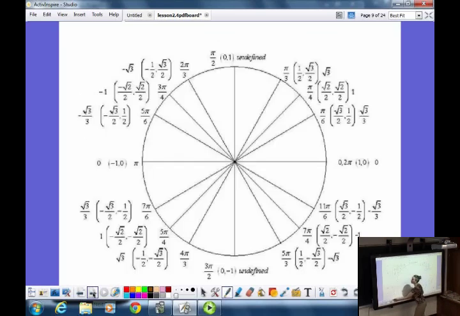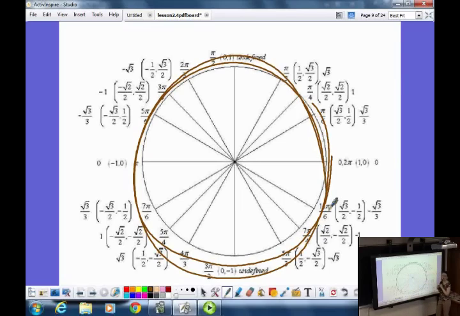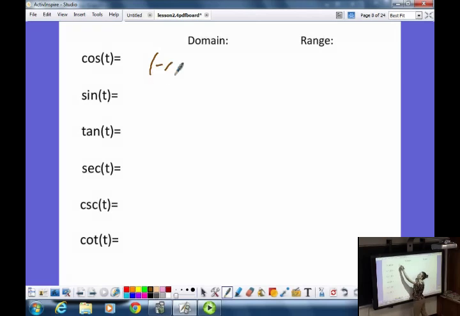Okay, so let's go to our unit circle. Cosine is related to what? X. So if we look, the X is our output, the T is our input. If we're wrapping a number line around, are there any T's we cannot put in? We can go negative, because if we go clockwise, we can give the negative values as well. So are there any positive or negative values that we cannot put into the cosine function? No. So cosine's domain would be negative infinity to positive infinity, because we can put in any and all